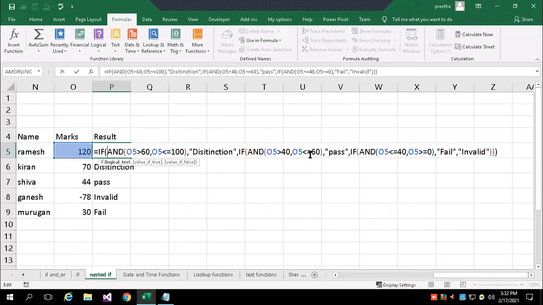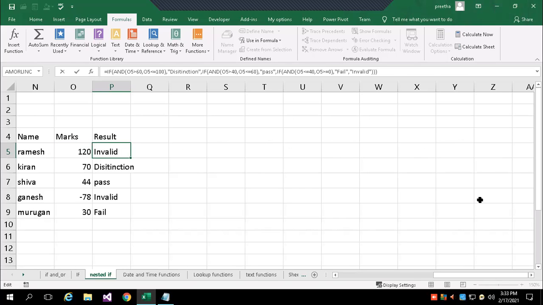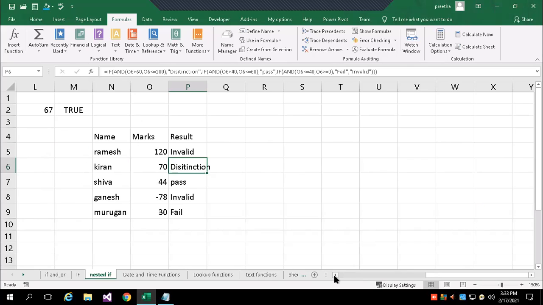Greater than 40, less than 60, I want pass. Less than 40 and greater than 0, that means 0 to 40, fail. 41 to 60, pass. Above 60 to 100, distinction. If it is below 0 or above 100, I want invalid. So the last choice is invalid. Based on that, I got all the results based on the marks.